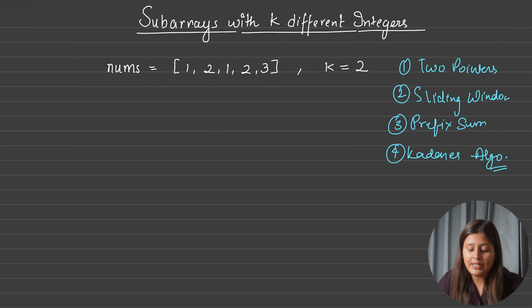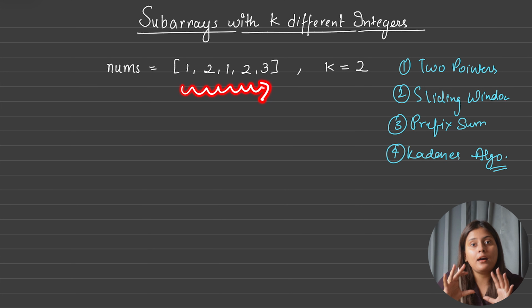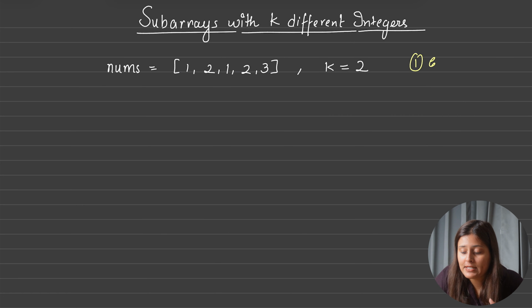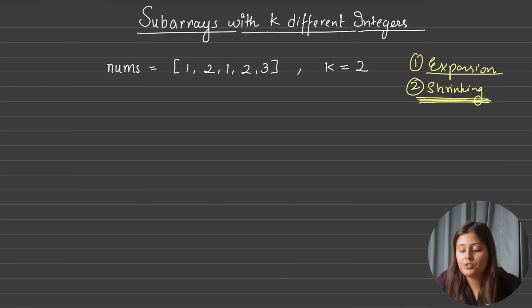So for this also we need a right pointer. Why? The right pointer will be moving towards the right until the condition is true. If you remember, until the condition is true it will keep on moving, and once the condition becomes false, the right pointer will stop. Means the expansion phase keeps going, and once the condition fails, it needs to stop, and then the shrinking phase starts. So you know there are 2 phases. First is the expansion phase, which happens with the help of the right pointer, and then the shrinking phase, which we do when the condition fails, and the left pointer helps us to shrink.